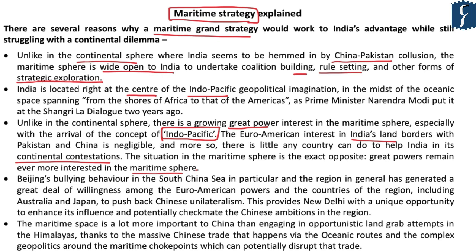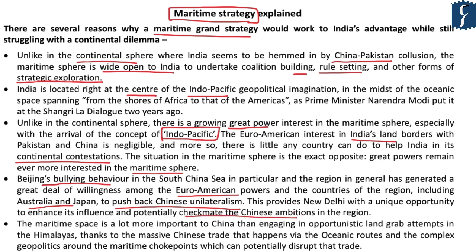They have interest in the trade route, they have interest in the strategic points like the Malacca Strait, like the Persian Gulf, like the South China Sea. Talking of South China Sea, Beijing's bullying behavior in the sea in particular and in general in the region has generated a great deal of willingness among the European and American powers, including Australia and Japan, to push back Chinese unilateralism. And this provides New Delhi with some opportunity to create a good strategic alliance and checkmate the Chinese